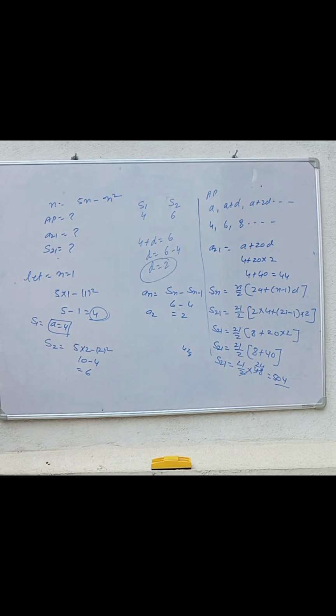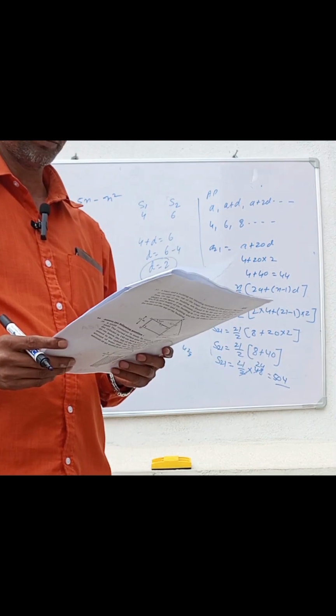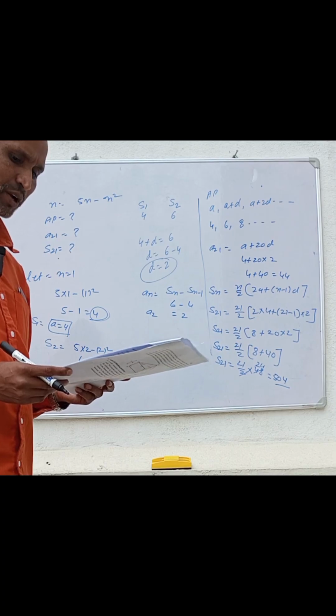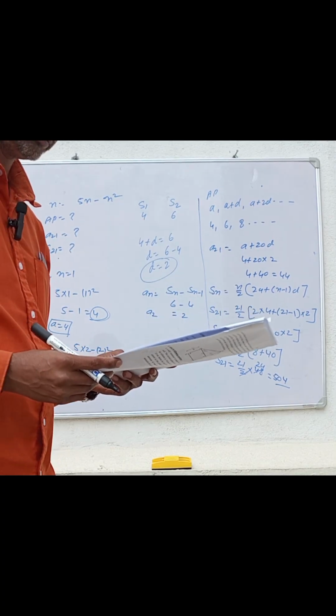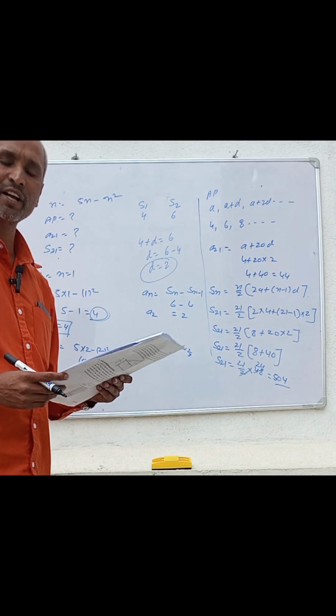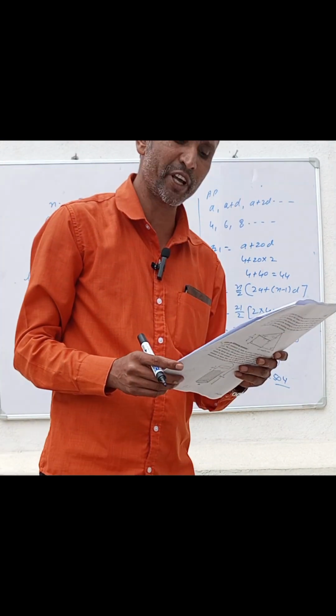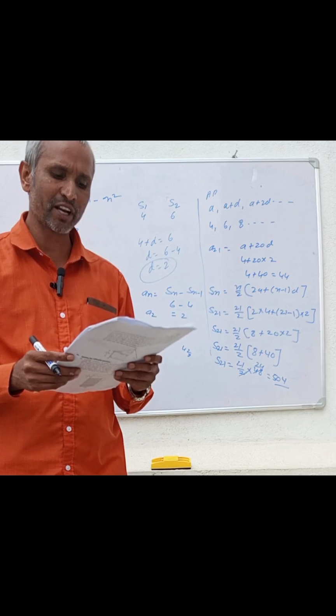Next, we are going to another 4 marks question. In this question paper, theorems are given. One is the Thales theorem, that is called the BPT theorem, basic proportionality theorem. Question number 34 is given as a graphical method question: solve the linear equation in 2 variables by the graph method. Let it be done later.